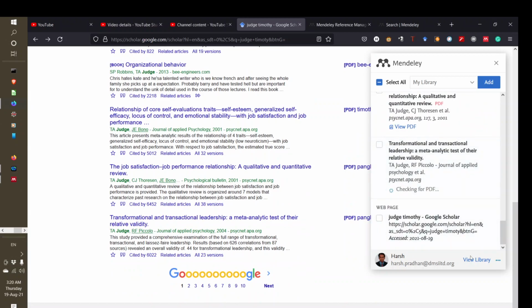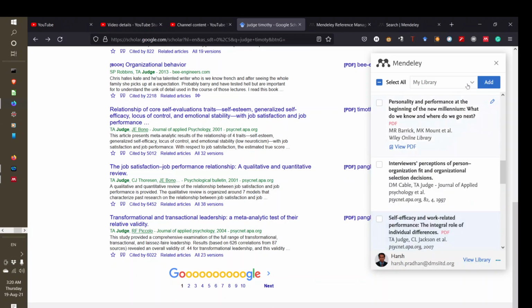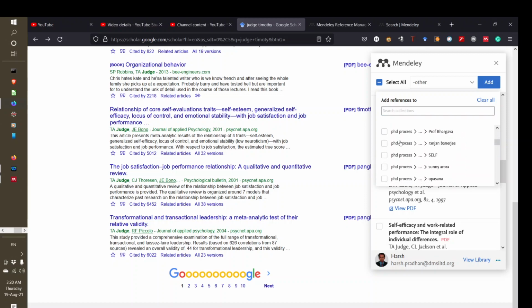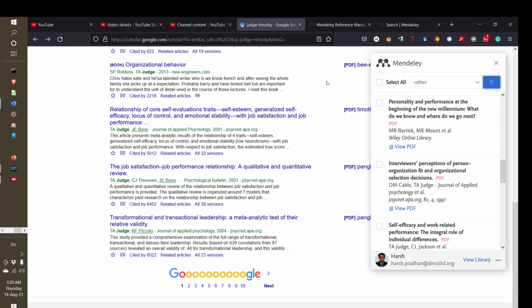Then I just say add, let's put it in O book others. These are multiple libraries in my Mendeley. Then I just say add. Now we will go and see when it is done.